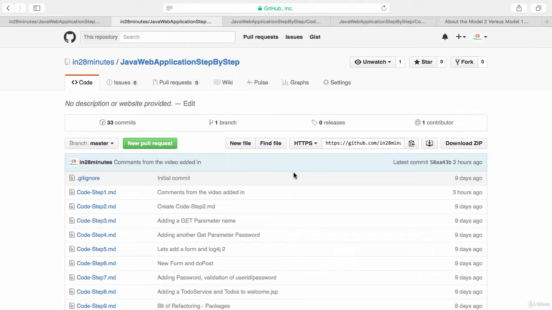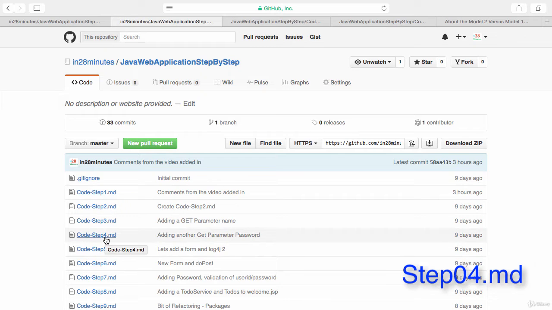As you already know, the code for all the steps is present in GitHub in the repository in 28 minutes Java web application step by step. We are now looking at step 4. In this step, we want to add another get parameter password and also discuss the disadvantages of using get